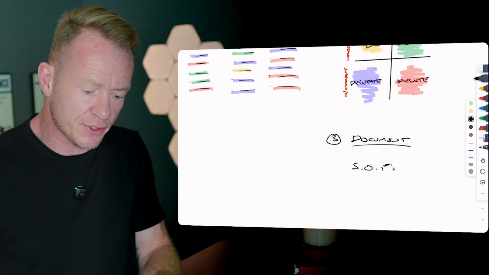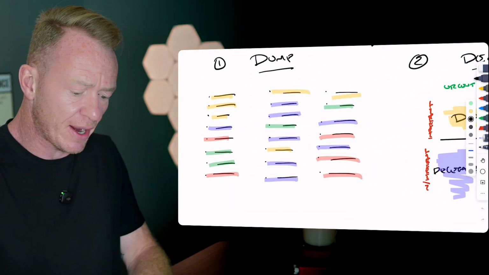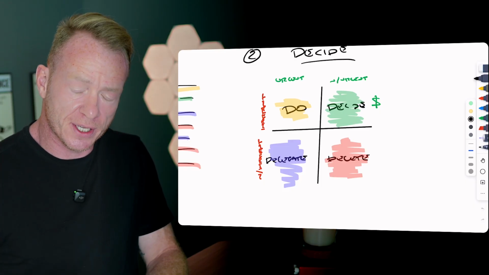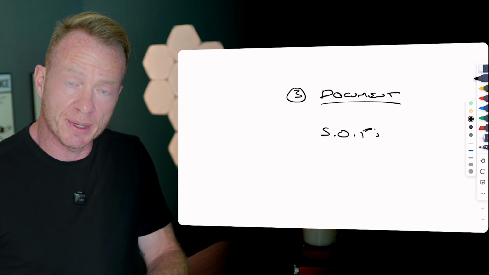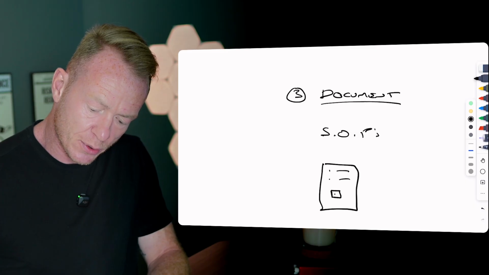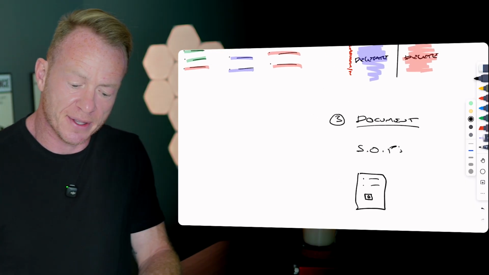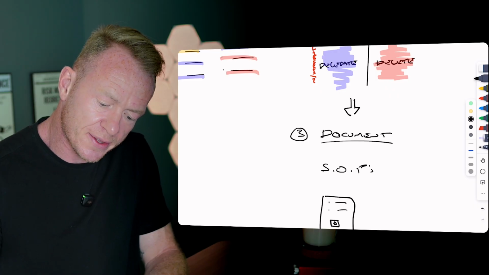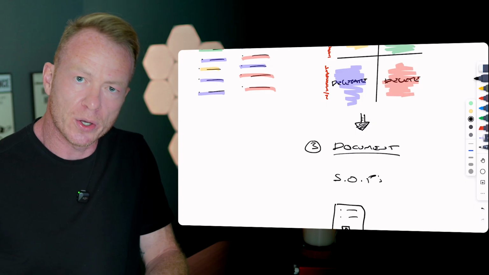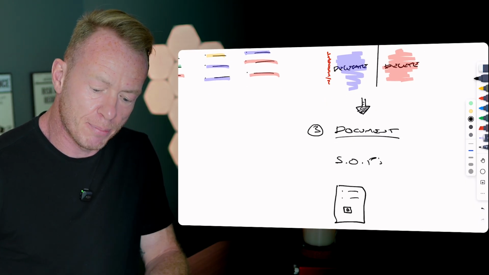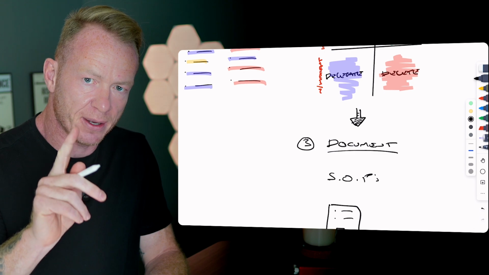When we look at this, all we've done so far is we've dumped out everything that we do. We've figured out what quadrant for it to go in. Now we've taken it and documented it into an SOP with detailed tasks and a video in there explaining everything. So we're good to go. Now we've done this. And like I said, start with the things that you're going to delegate, because you're probably going to offload those quicker than you would everything else. But don't skip this very, very important step.